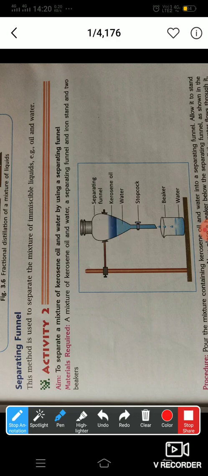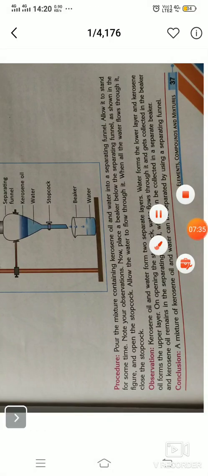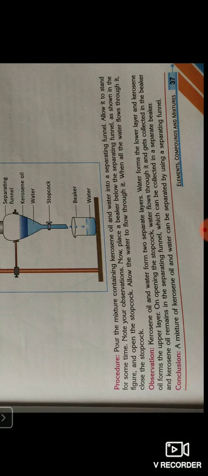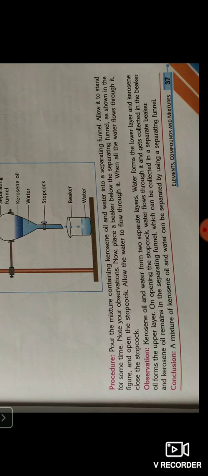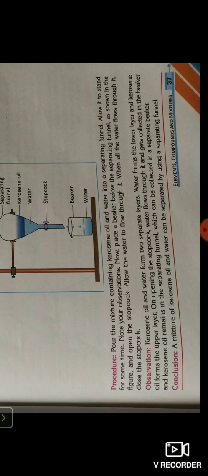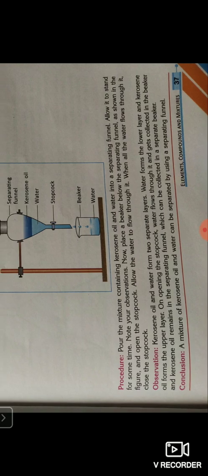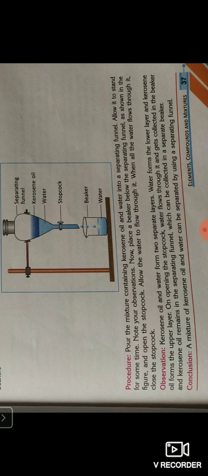So students, we have done some methods of separation here. In the next class, I'm going to take the remaining methods of separation, and we will be doing the exercise question answers. I have already sent you the question answers of lesson 1. You have to write all the questions and answers in the notebook. You do not have to write true and false, fill in the blanks, or short objective types of questions in your notebook. You have to only write give reasons, answer the following questions, and definitions in your notebook.